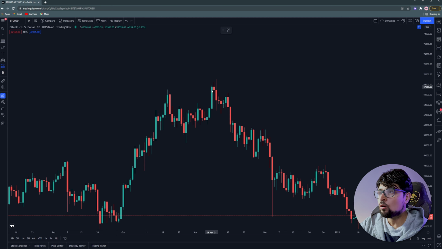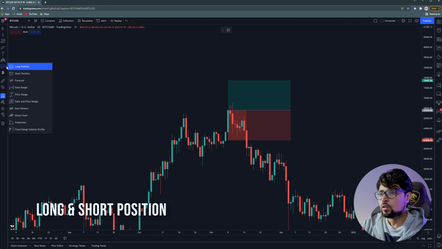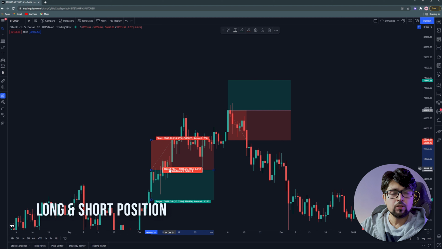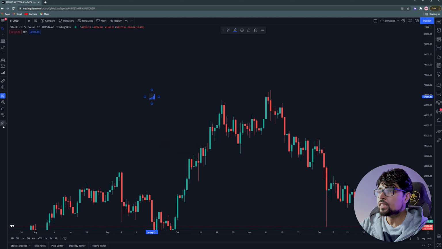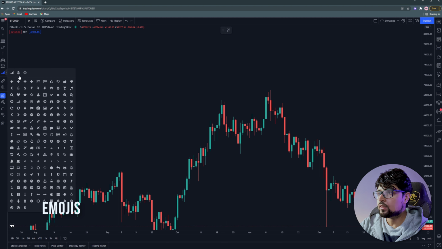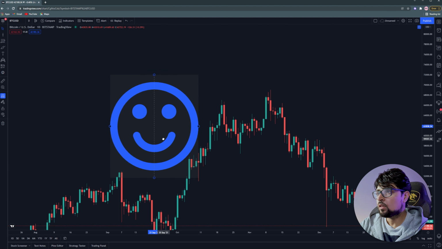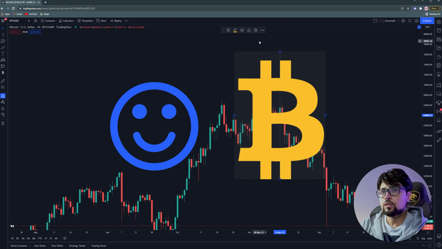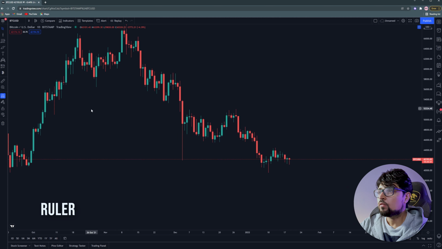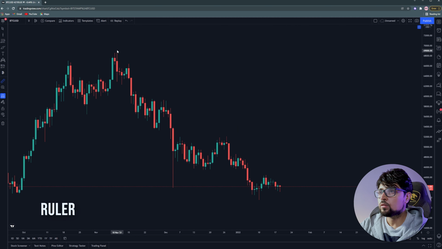The next tool is long positions, short positions. We'll be talking about them also in detail. Next is icons. Any type of icon you want to choose, you can choose from here. Let's say this one, and you can increase the size or reduce the size, whatever you want, whatever color you want. The next one is ruler, which is very helpful when you want to know, let's say,